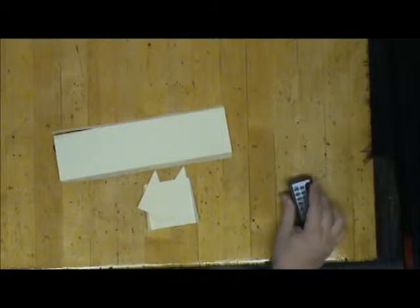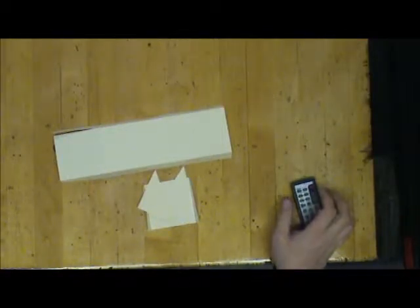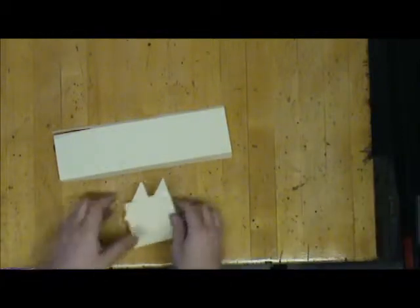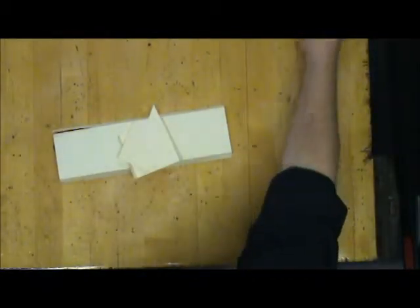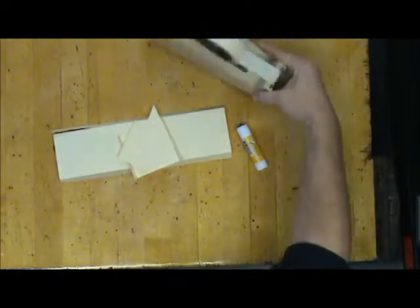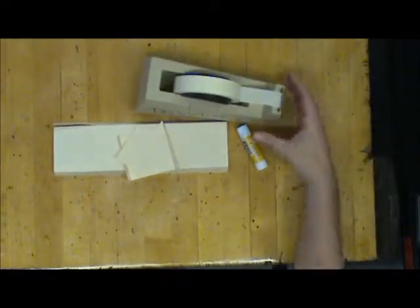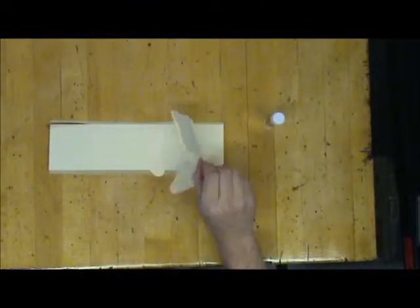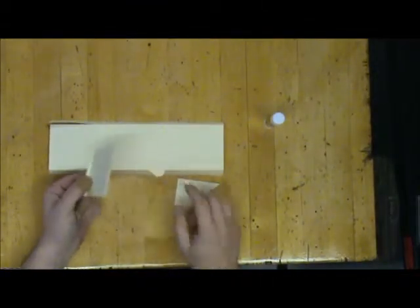We'll now start to begin to assemble our skimmer. To do so, we're going to need to collect all our parts, and we will also need a few other things. We're going to need some glue, so a glue stick will work, and we'll also eventually need a little bit of tape. Okay, so the glue will come into play first, and the components that I'm going to want first are my compressor